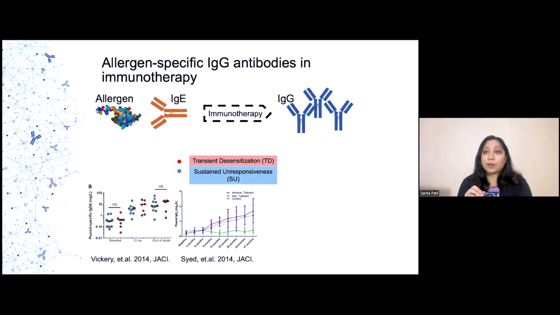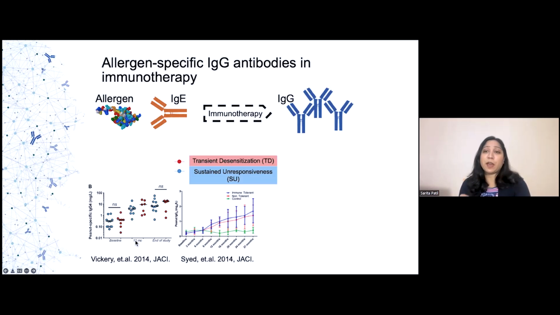However, we found that if you stop immunotherapy, some patients can continue to ingest the peanut at a fairly high level and not have a reaction. So we call those patients having sustained unresponsiveness. Another, much larger subset of patients actually lose their hard-won tolerance, right? And we call those patients who had only transient desensitization, shown in red in these two examples of clinical trials